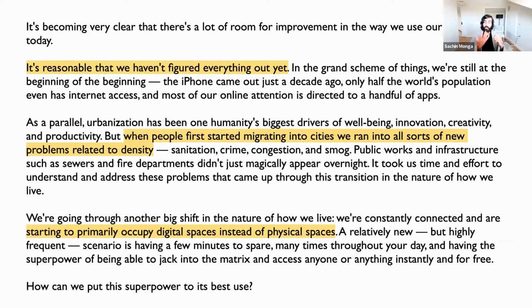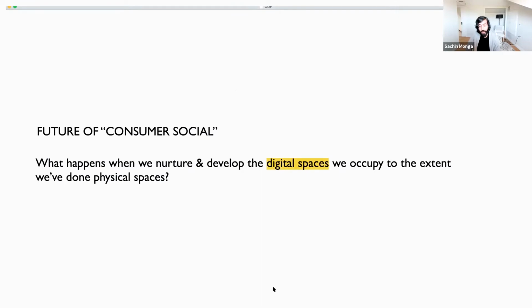And we just felt like if we flipped that around and looked at how we can take this new superpower and put it to its best use, that would be a really exciting thing to go work on. So this was actually the question that led to Cocoon. We didn't start working on Cocoon for about six months after this. In fact, when we left Facebook, we tried pretty hard not to work on this problem of consumer social again, after having banged our head on it for seven years, for me in particular. This was the problem that we set out to solve at a high level, and it led us to Cocoon. But that is maybe a segue into things that I'll share about the future